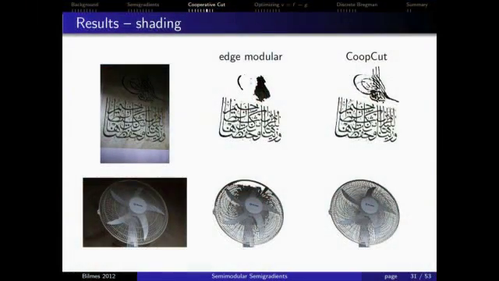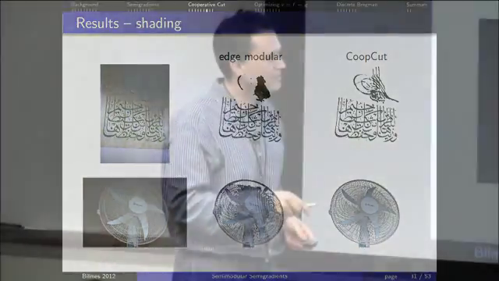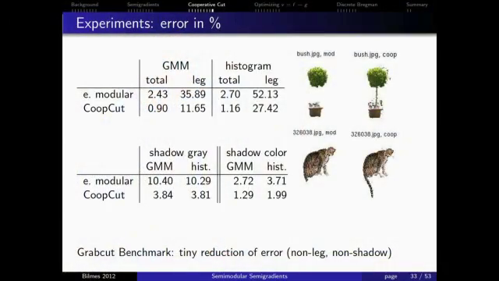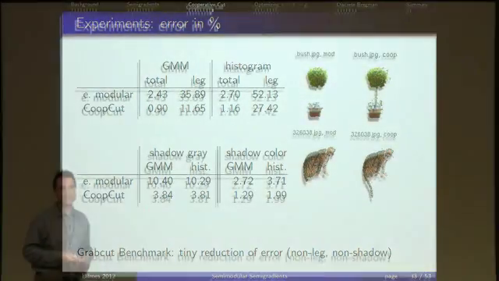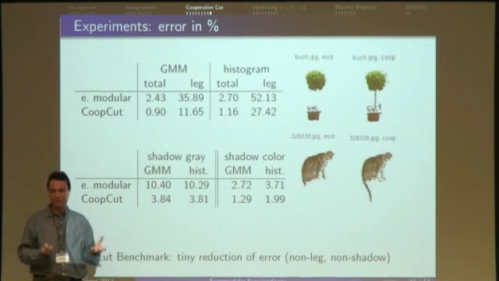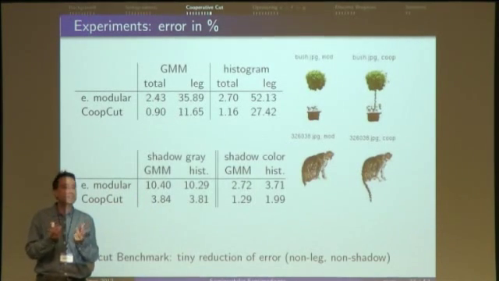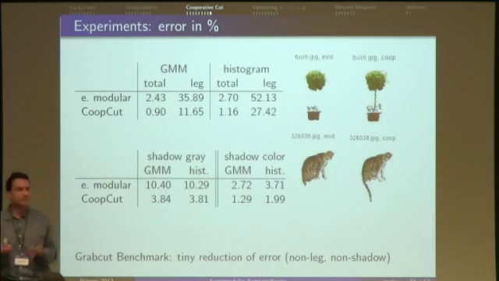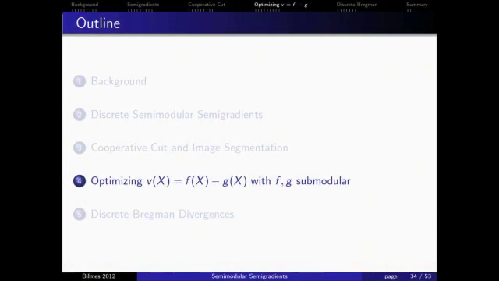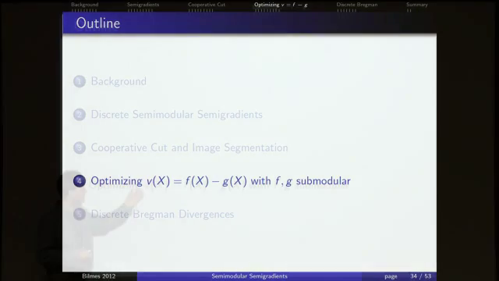And just a couple of other results. So here's the calligraphy. Here's the fan, which we were quite happy about. And this is quite remarkable. A vacuum cleaner. This is the typical thing you want to segment, of course. Chili plants. And then here's some benchmark results. I don't have time to go into the details, but basically on images that have these elongated structures, it does much better. And on images that don't have elongated structures or contrast gradients, it does the same, which is exactly what we wanted. So now the next application of semi-gradients that I want to talk about is another problem,